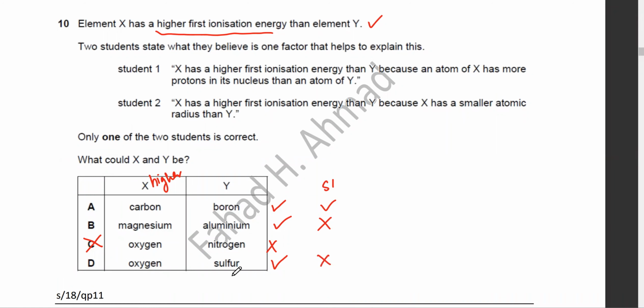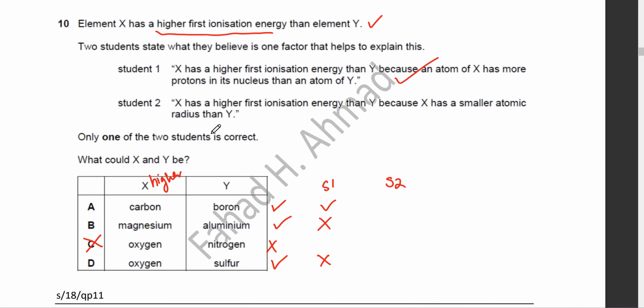Student 1 stated that X had more protons. That was true for carbon, but not for the other ones, not for magnesium, not for oxygen, not for these two. Is this clear? Yes, sir. So we're done with student 1. Let's talk about student 2. Student 2 comes up with his own reasoning. He states that the reason X has a higher ionization energy is because